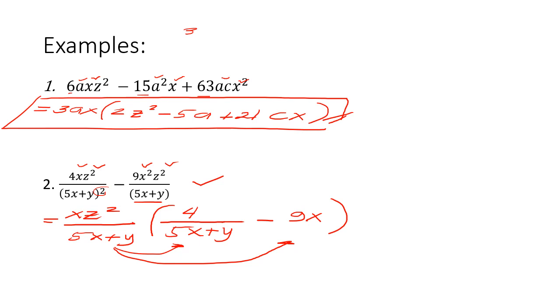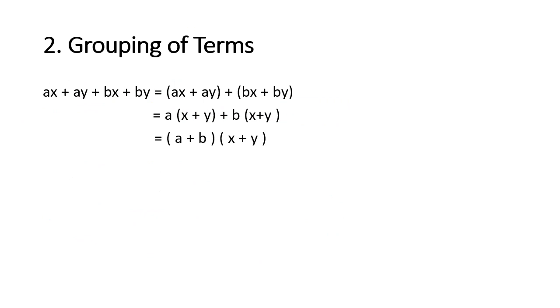Again, our goal here is just to factor out the common terms, right? Now let's have grouping of terms. So basically from the root word group, you need to group the common terms here, right? So for example, you have ax plus ay plus bx plus by. So the thing that you need to do here is to